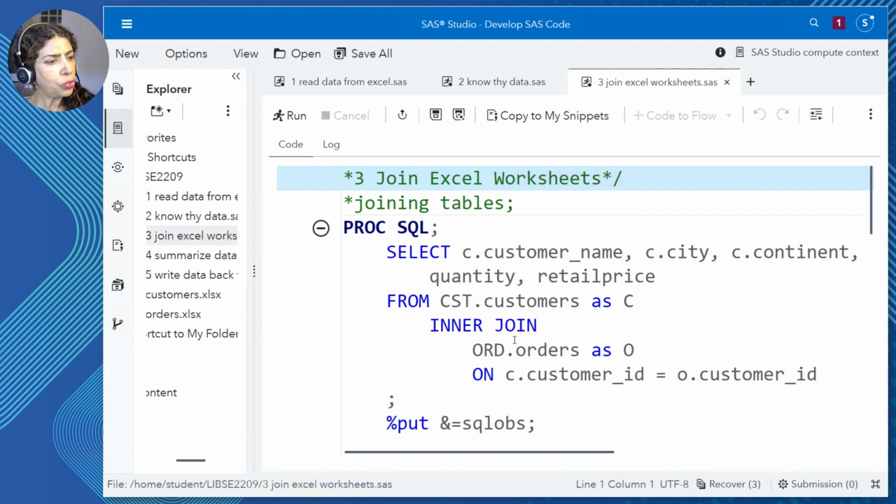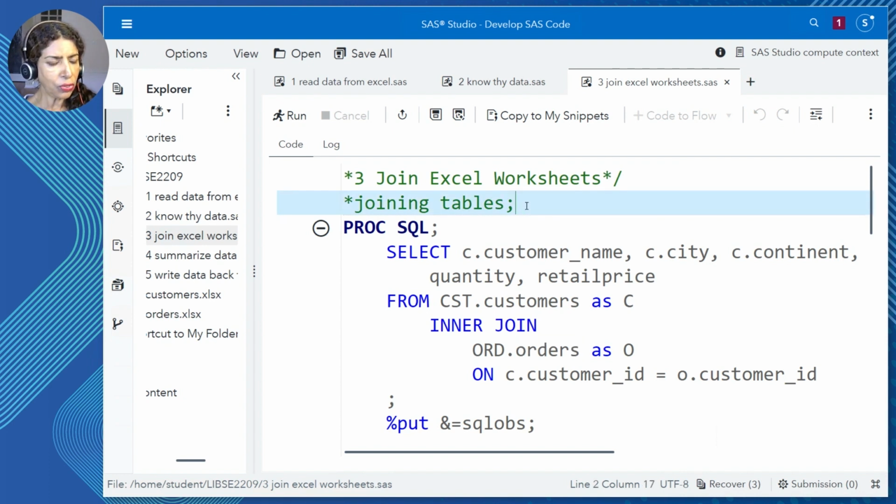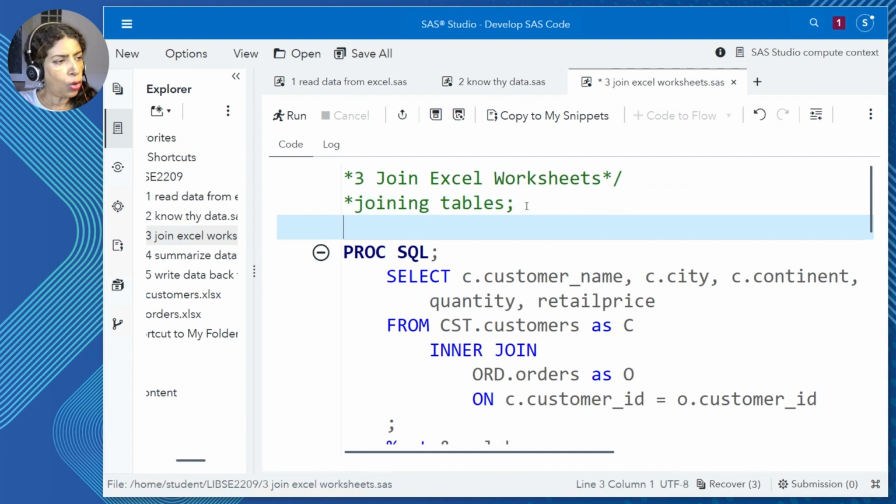So we are going to join the customers table with the orders table. In the language of SQL, we have a lot of lines of code. I'm just going to punch in the order of syntax.